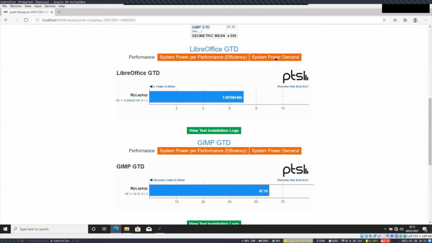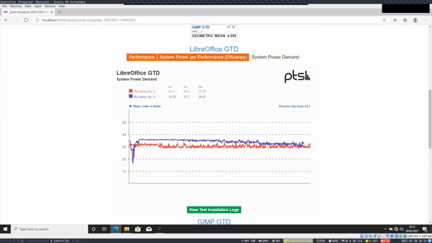You can then switch to the system power demand. This is the data recorded by the power meter during that worklet. So you can see power consumption was around 33 watt throughout the whole worklet. As I would have expected, the power measurements are probably not that useful in this setup because, as I said, we're running in a virtual machine and running several things on the same computer, which obviously increases power consumption by a lot. So we cannot rely on those numbers,